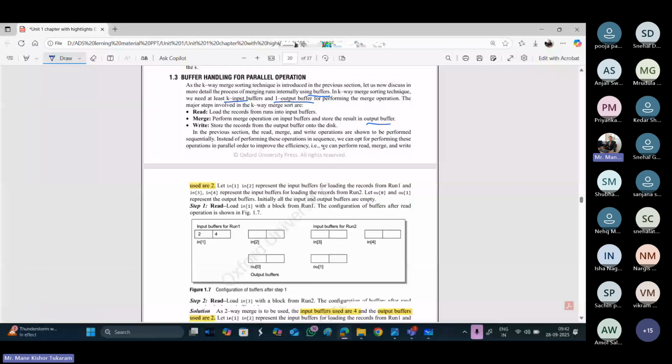So this whole row is of input buffers. Again, this is having 2, this is having 2, so 1 and 2 are the output buffers. So this is my first condition. What is my requirement? I want to sort that by using,